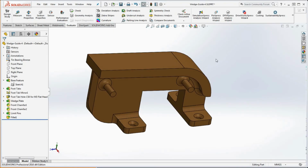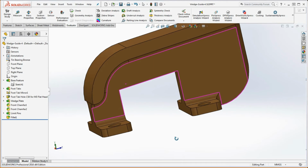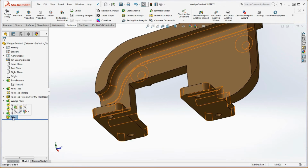So let's go ahead and close out. Let's take our drawing out of here and just make sure we have everything selected that we should be selecting here. Okay, so if we continue to move this model around, it becomes apparent that this sharp edge over here wasn't selected. So we're going to go back to our fillet,